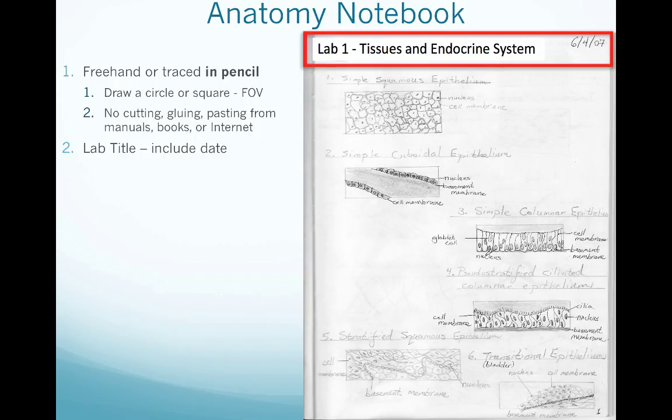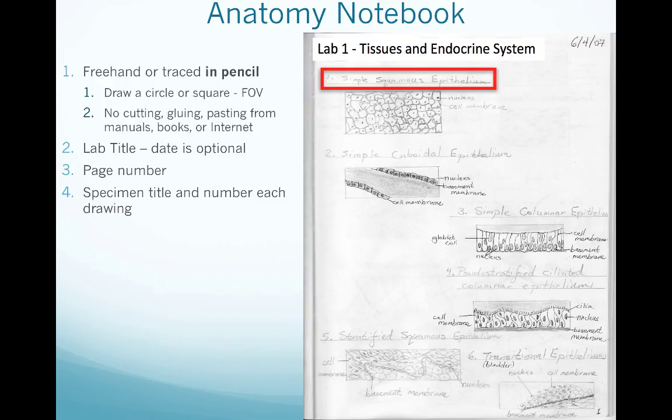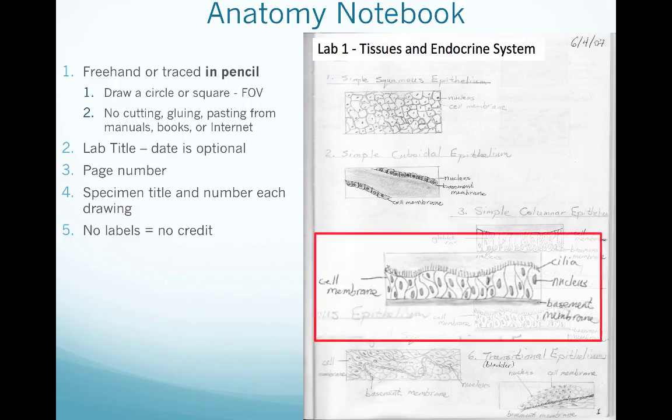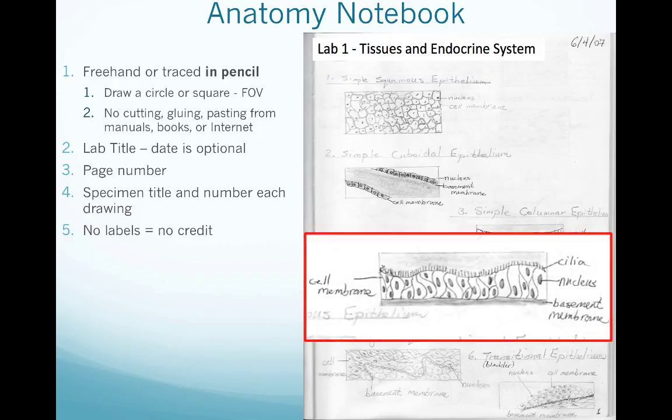Include the lab title at the top with the name and the date of the lab that you're working on. The checklist shows you what drawings you need to make and any structures that need to be labeled. Be sure to clearly label and make sure the line touches the structure that you are labeling and not the empty space around it. All of the TAs and TAAs are more than happy to check over your notebooks throughout